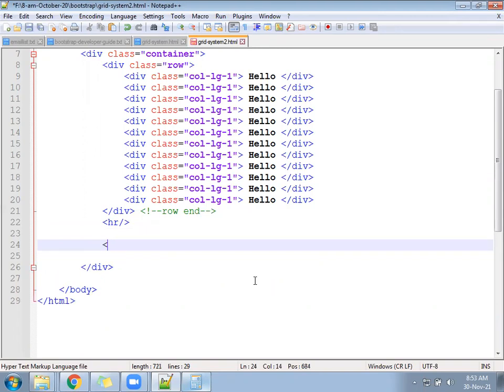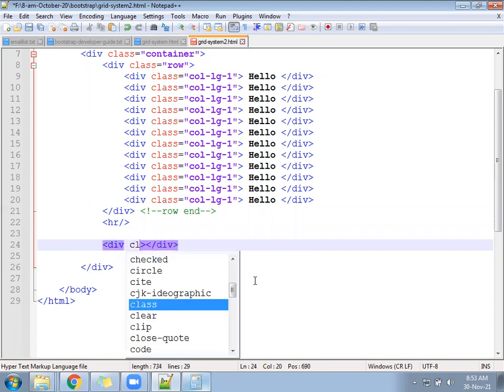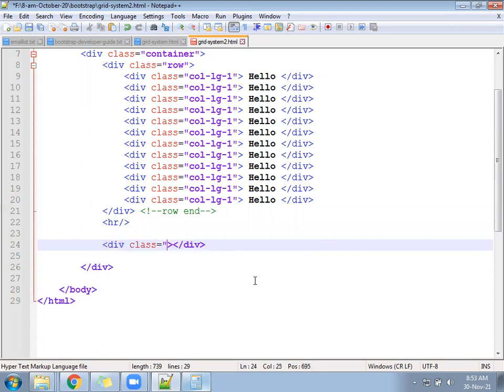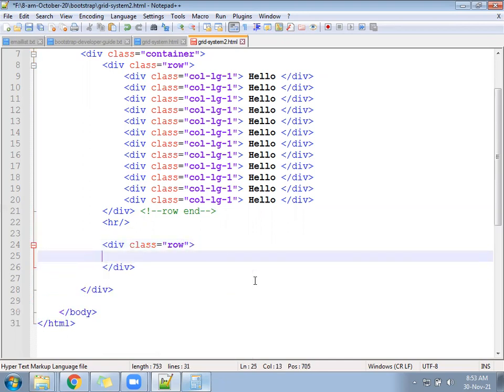Create one more division, class equal to row.